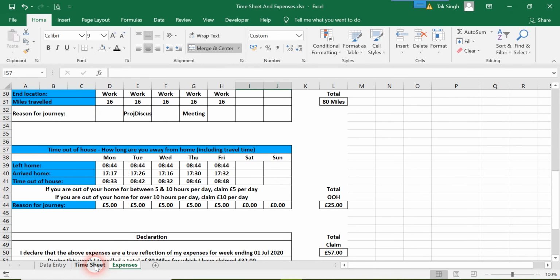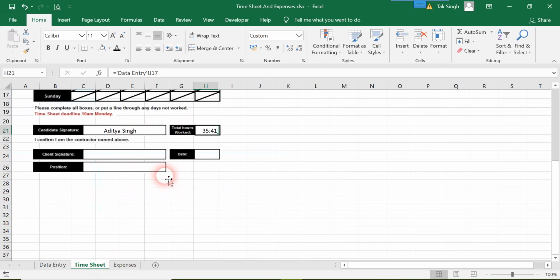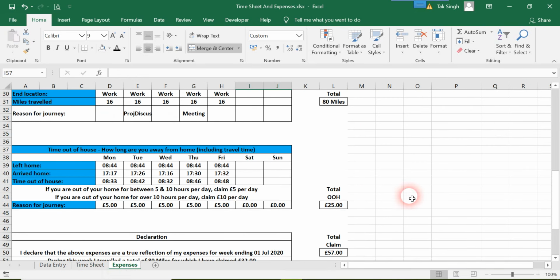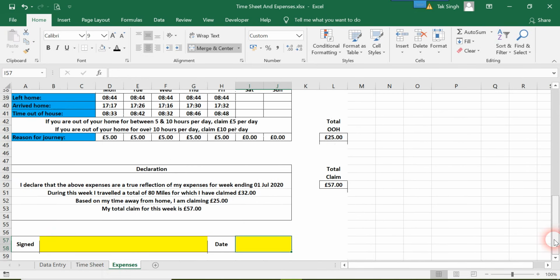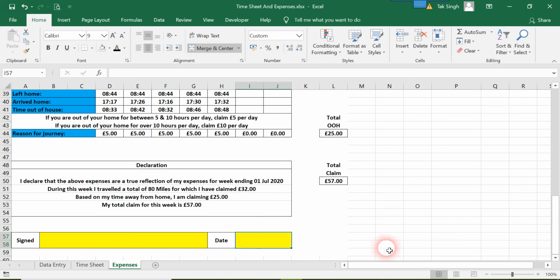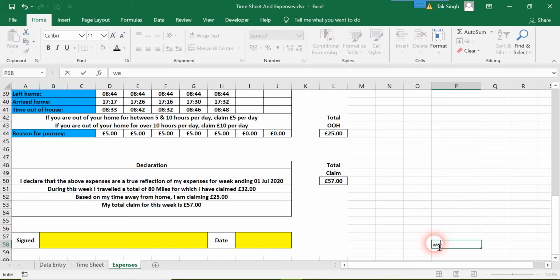extract from the timesheet over here, and what I want you to do is do this date by yourself. I won't say today is, suppose today is Wednesday, 1st July 2020. So what I want you to do is have this format in this cell,